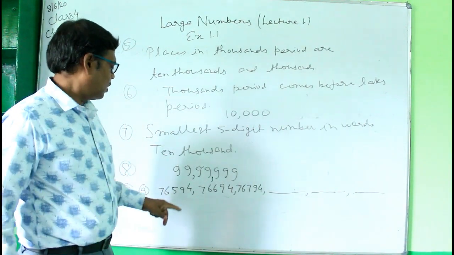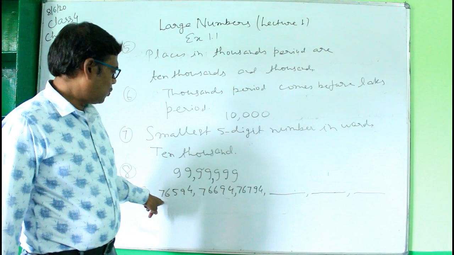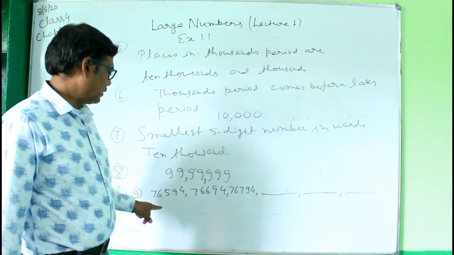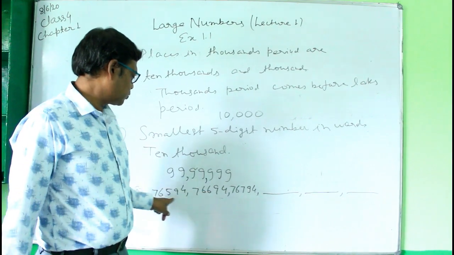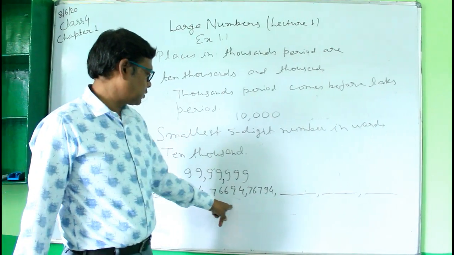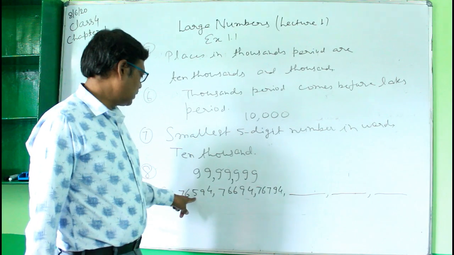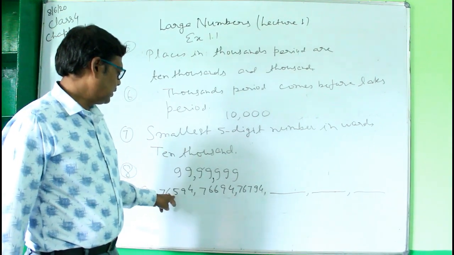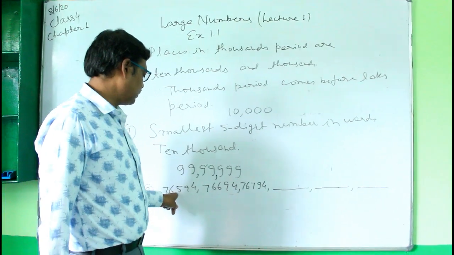Now see, observe here that in all these numbers, it is first number 7, 7, 7 everywhere. Then you have 6, 6, here also 6. That is 76, 76, 76 here. And see that here it is now the number at the hundreds place. The number at the hundreds place is 5 in this case.